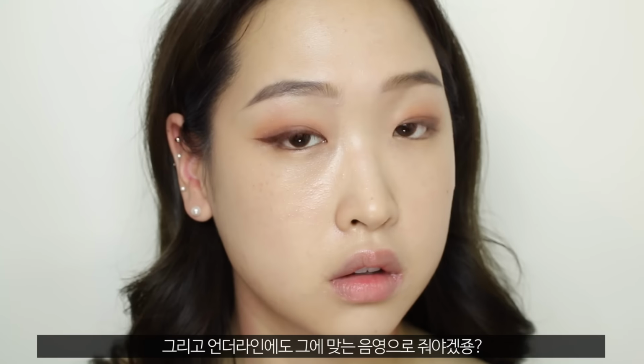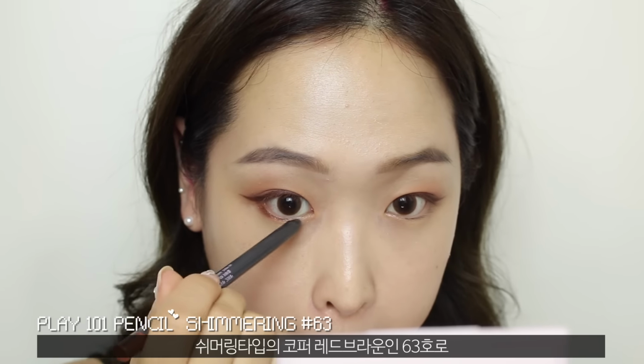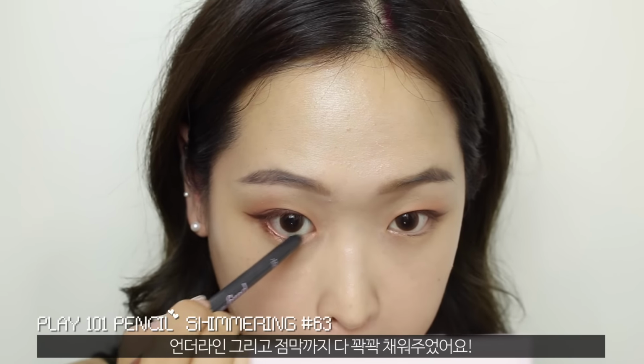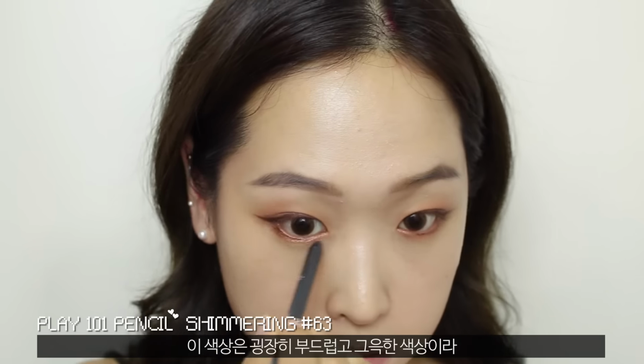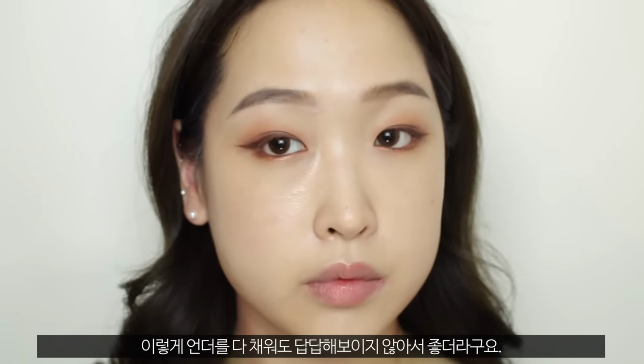And to even out the smokiness on the top lash line, I'm taking the Play 101 pencil in shade 63, which is like a shimmery coppery red brown shade, to go over my bottom lash line and waterline as well. I don't usually fill in my bottom waterline because I feel like it kind of closes my eyes up, but since this color is subtle and soft, I found it to just add smokiness to the eye makeup